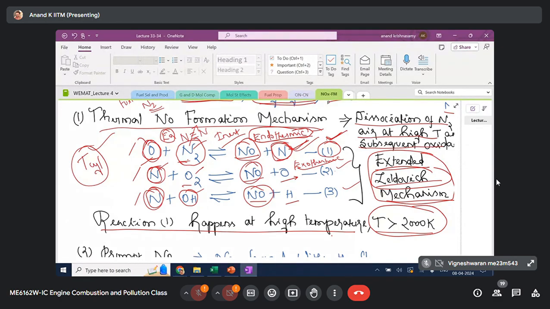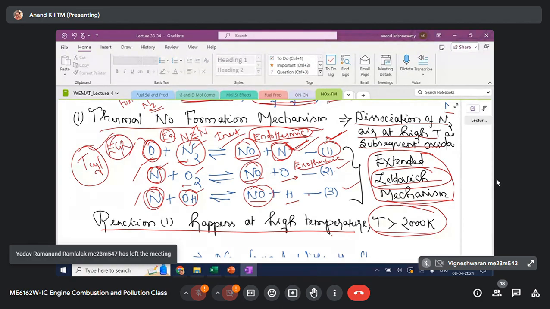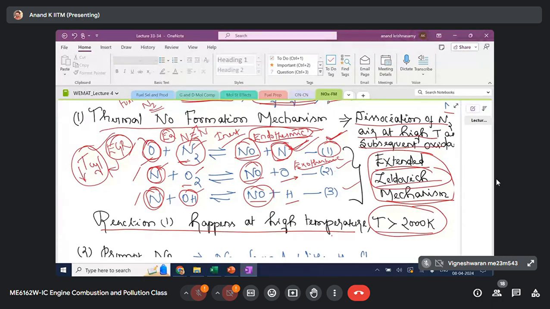And one of the popular NOx control methods is EGR. So you recirculate exhaust gas back into the cylinder. By doing this, you are actually controlling the cylinder temperature. You are reducing cylinder temperature, and thereby you are avoiding thermal NO formation. The formation rate of thermal NO is controlled when you control the temperature. This is what you do with EGR. Later on, we are going to discuss these emission control methods, but understanding this formation mechanism is very important to devise a suitable control strategy.